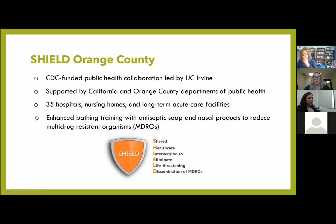So we received funding from CDC to do a public health collaboration. This wasn't a research study because decolonization had already been proven in large-scale clinical trials to be beneficial for preventing infections during these high-risk times. So this was really a goal to see what happens if we could get a whole region to implement an